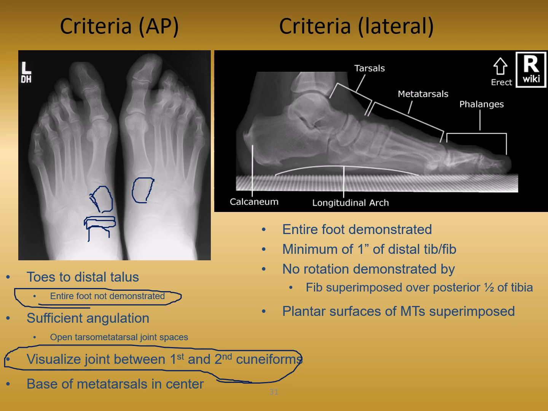If it is such that it's actually distorting the anatomy from the way that it needs to look, say that their knees do rotate inward, and then that second cuneiform is going to superimpose the first cuneiform, you would know that by seeing your patient, and you could even note that. A note that you could put. Usually you wouldn't have any problems with that really though, because they're just going to stand in their natural form,